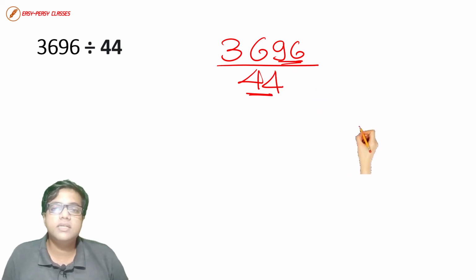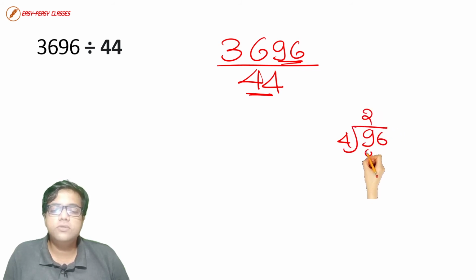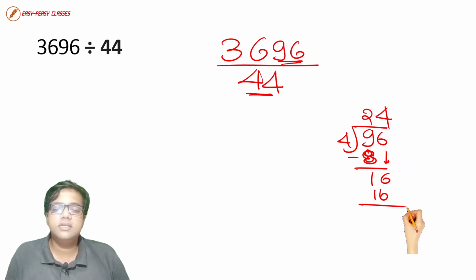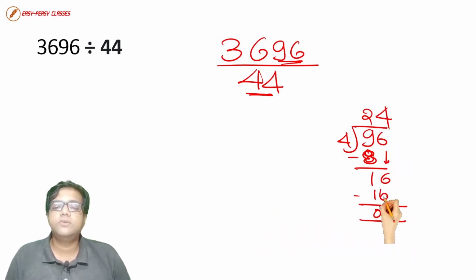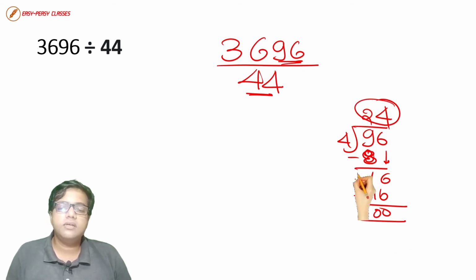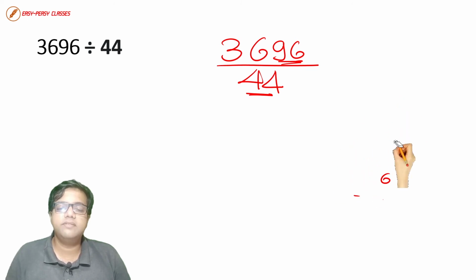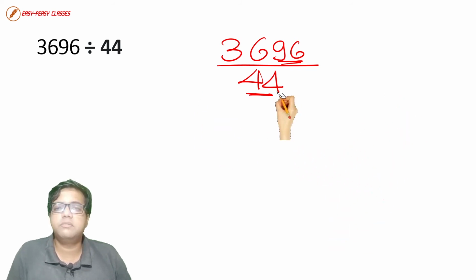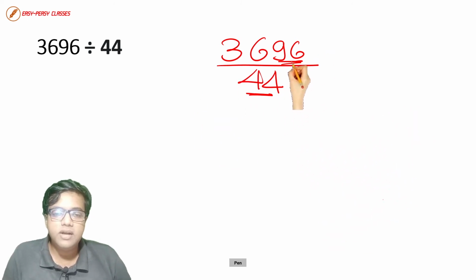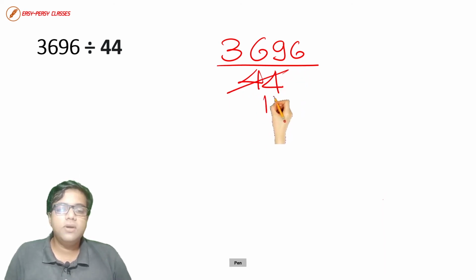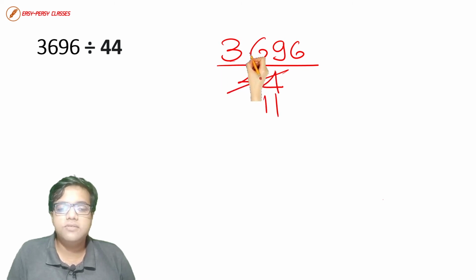96, how do we check whether it is divisible by 4 or not? Let's divide it. 4 2s are 8. 1 is the remainder. 6 comes down. 4 4s are 16. So you get the remainder 0 and the quotient as 24. When the remainder is 0, you can consider it as completely divisible. So therefore, the whole number is divisible by 4. Now we will divide both the numerator and denominator by 4. 4 11s is 44. 36 is the first number.